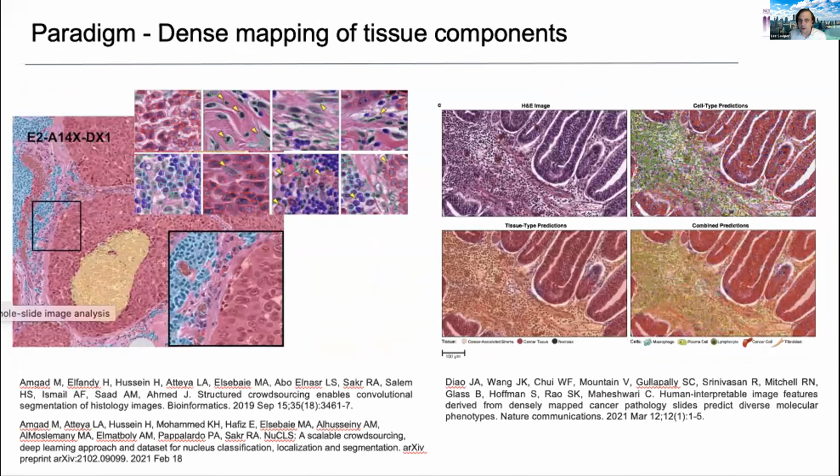So an alternative approach is something called dense mapping. This term is from a paper that came out in March from the PathAI group, in Nature Communications, where they generated all these annotations. And what they do is essentially map all of the tissue structures and cells, classifying them and segmenting them, with terms and class labels that pathologists understand and appreciate. And so this is really driven by annotation of images.